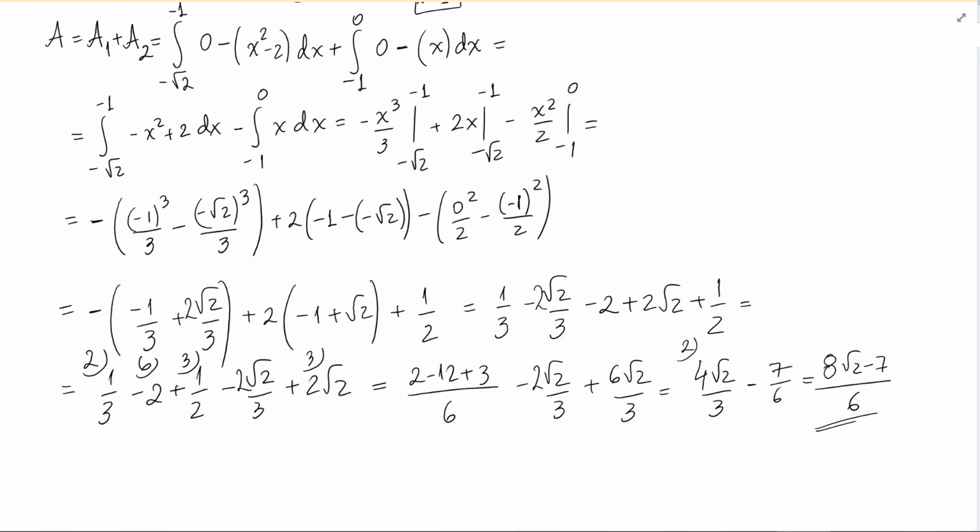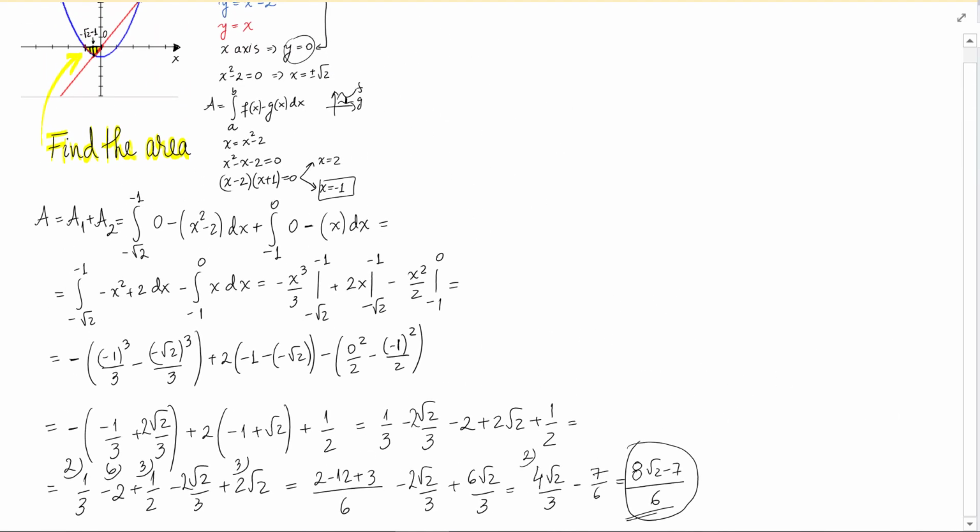And after making the computations by hand, we ended up with the final answer: 8 square root of 2 minus 7 over 6. So we found the area